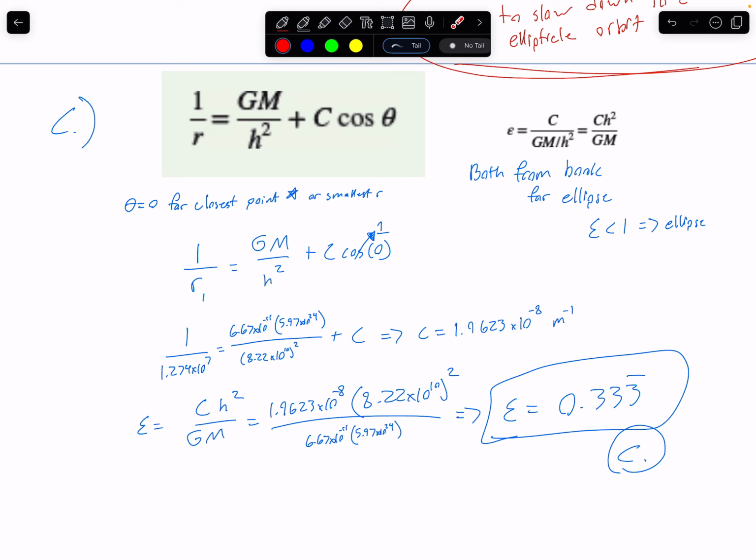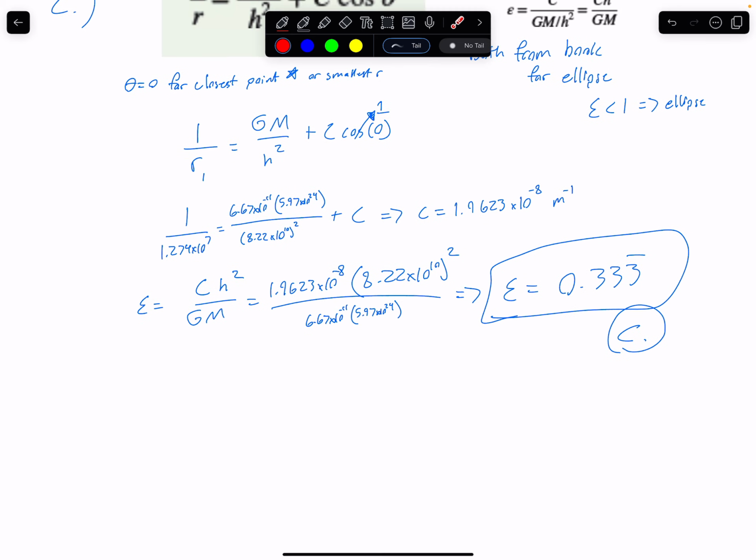And then, again, just do more plugging and chugging into the eccentricity, and we get that the eccentricity is equal to 0.333 repeating, which checks out. E less than 1